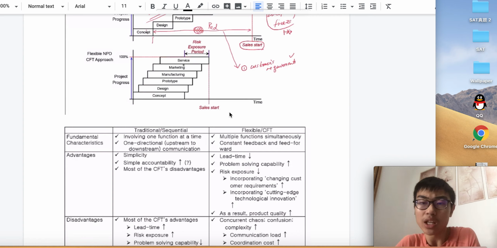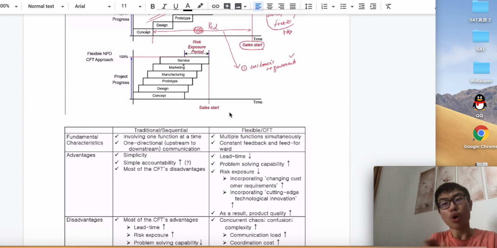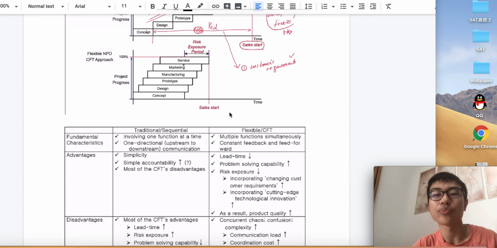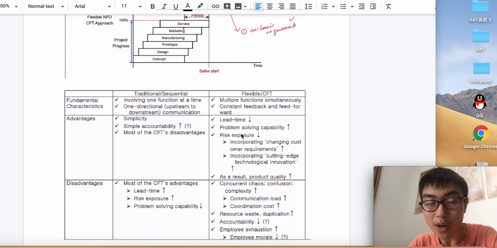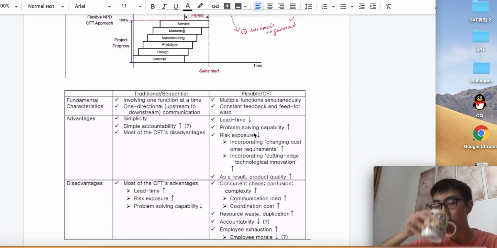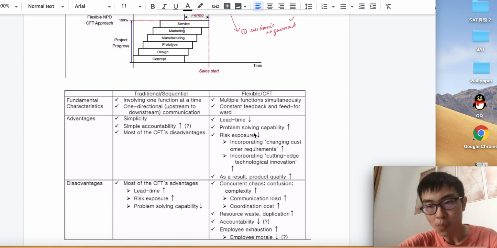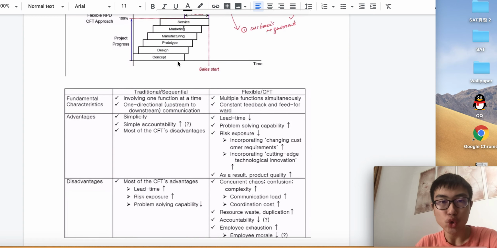So lead time can be an advantage, but sometimes it may not show up really clearly. But in the end, if there's a higher lead time, usually it means the business is now creating a product that will meet the customer's preferences in the market. And we increase our problem solving capability, because we're able to make changes to our product from the concept stage,